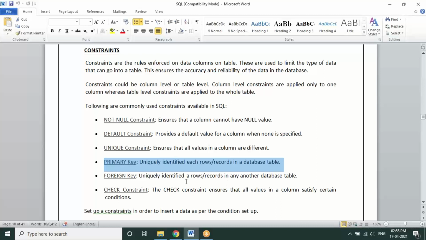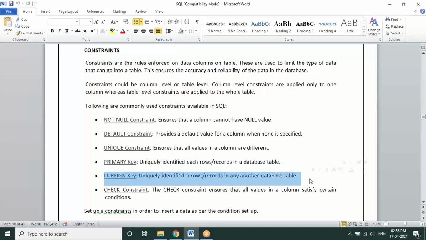Referencing that particular column of a table from one more table, we call it a foreign key or referential key. Referencing one of the columns from one table to the other table, we refer to it as a foreign key. That is a primary and a foreign key, which we can generally use to create relationships between the tables, right? So this is one other constraint we have, the primary key constraint and foreign key constraint or referential key.